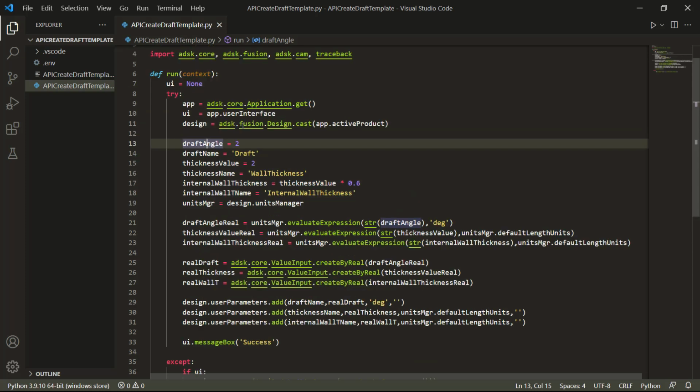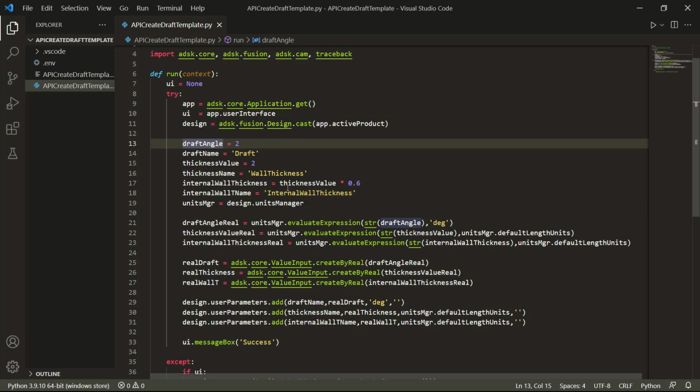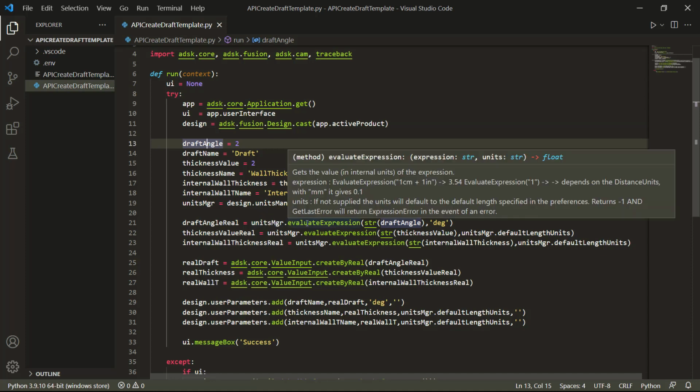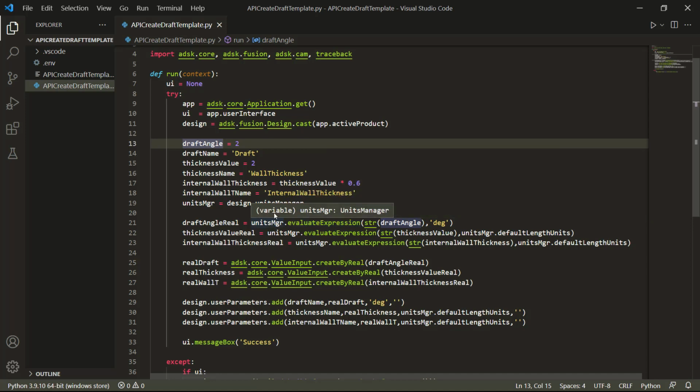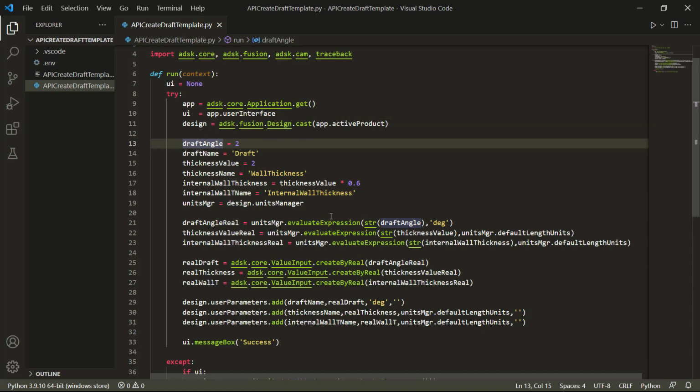We learned about creating classes, even though that's something that we haven't done in Fusion API. We learned about that because it was important, because that's how we access all of these objects. That's how we end up calling all of these functions. So we have things like, in this case, our units manager evaluate expression. That method was part of the collection that's inside of, in this case, our units manager, which are units managers part of design. Design is part of this Autodesk Fusion design class. So by learning the basics of creating those in Python, we learned the way in which we can access them